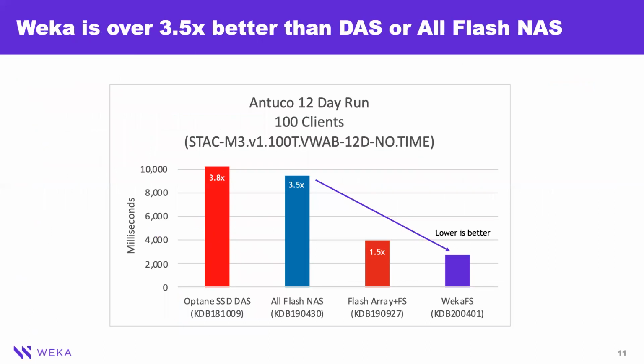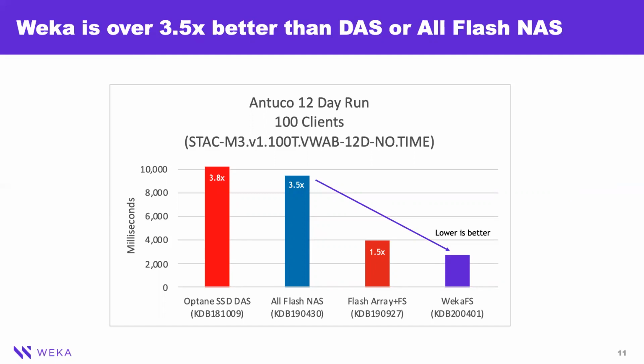So here's a look at the data from another perspective on a performance benchmark. We look at 100 clients, and this is for Antuco. This is just the single year event. This is actually the easier of the two, in that the Antuco benchmark doesn't stress as much from the point of view of the number of years of data. And it's very often, as I mentioned before, what people run when they're running direct attached servers, because it can show off your single server.